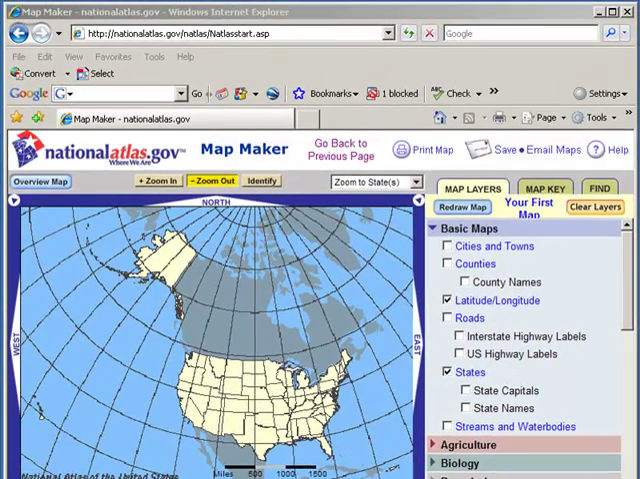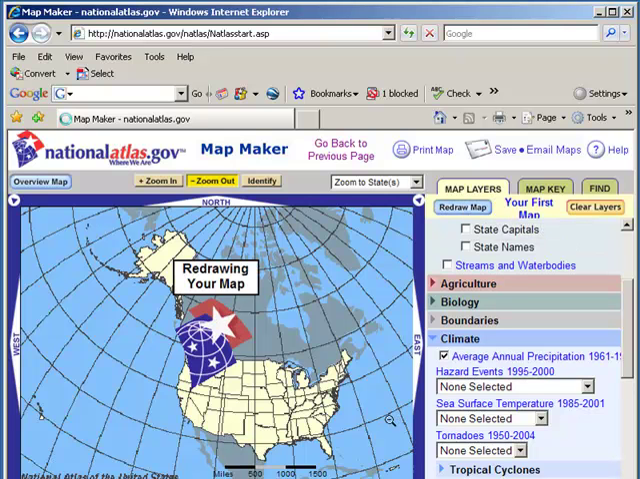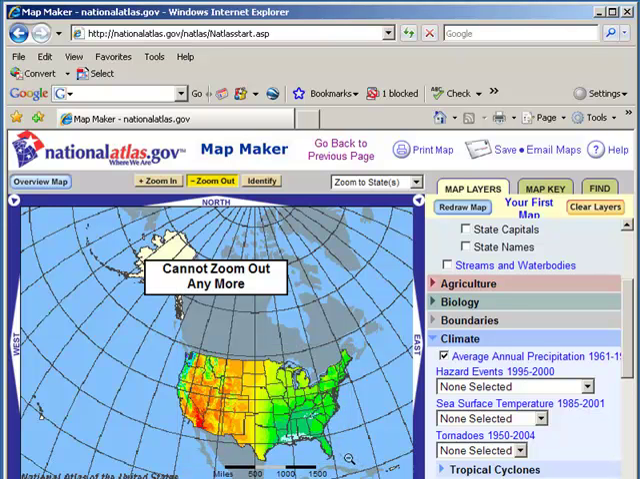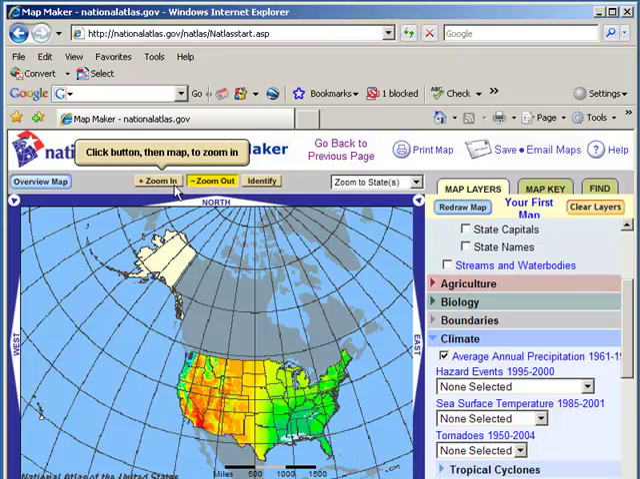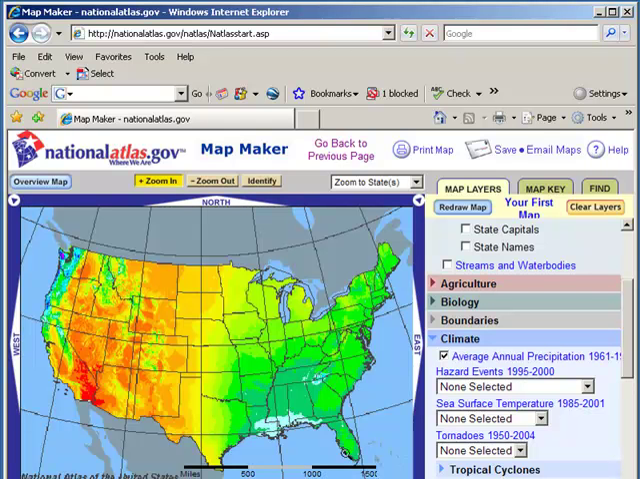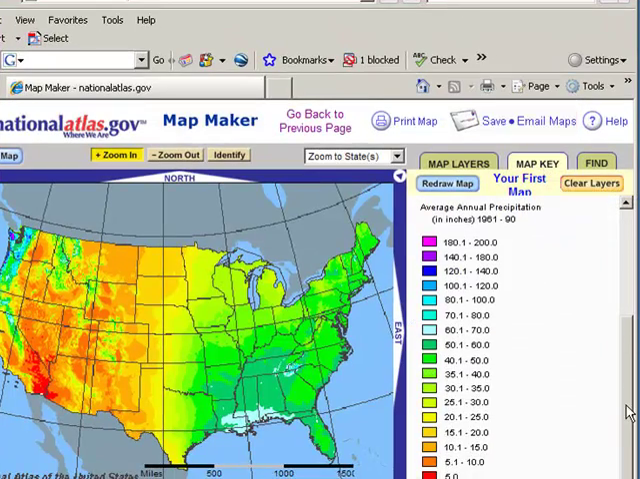Let's use the National Atlas to investigate climate. If I go ahead and turn on the average annual precipitation and redraw the map, I can see some patterns. Let's zoom in on the continental United States right now. What patterns do you notice? Well, for one thing, it seems apparent that the precipitation in the eastern and southeastern United States is a little higher than the Midwest and the West. Let's go ahead and click on the map key so we can see what the units are and also